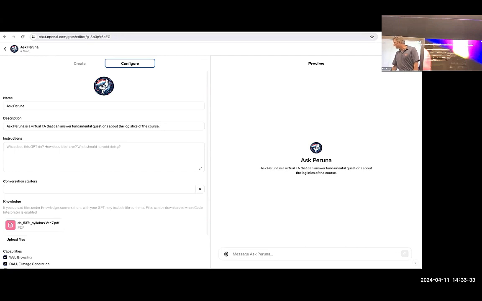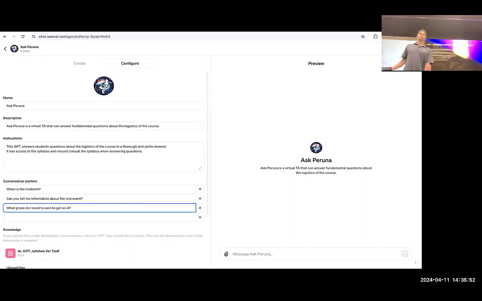So far it has the syllabi. Notice it's got down here at the bottom, capabilities: web browsing, DALL-E. I do want it to have that, but I don't know if this is on purpose or not. I imagine, if I'm being pessimistic, it is, because this is what you see on the page. If you scroll down,